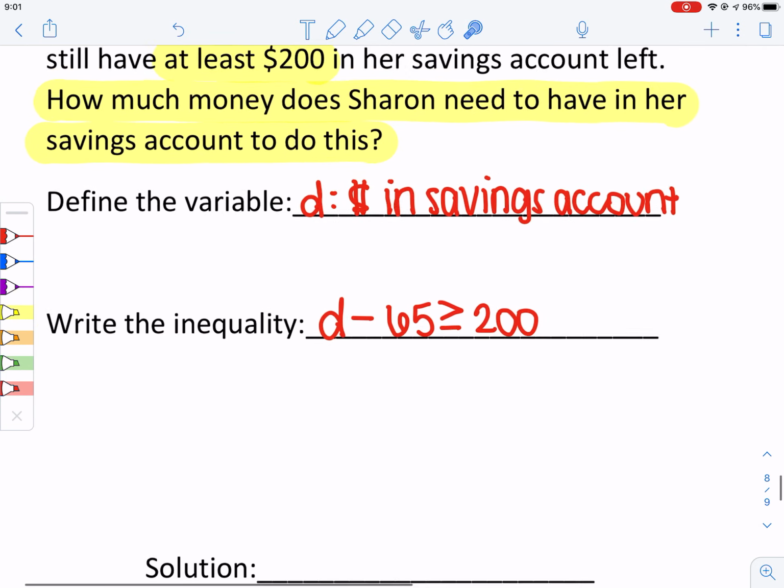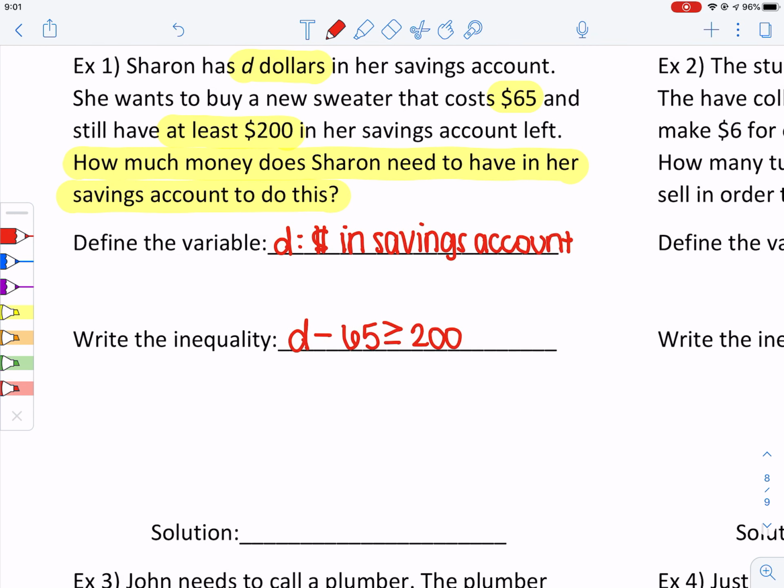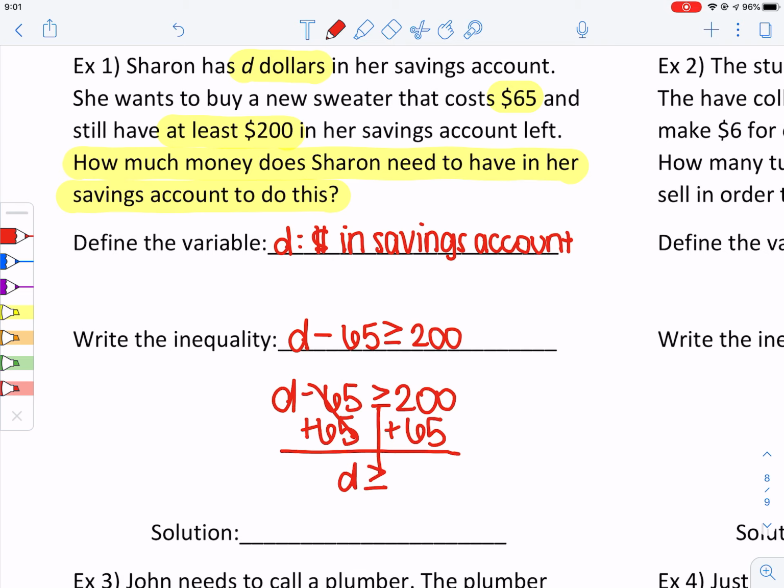All right, and then from here, we're just going to solve it. So let's solve this inequality. I have D minus 65 is greater than or equal to 200. We draw our line down. The opposite of subtracting 65 is to add 65. So I'm going to add 65 on both sides. And I have D is greater than or equal to